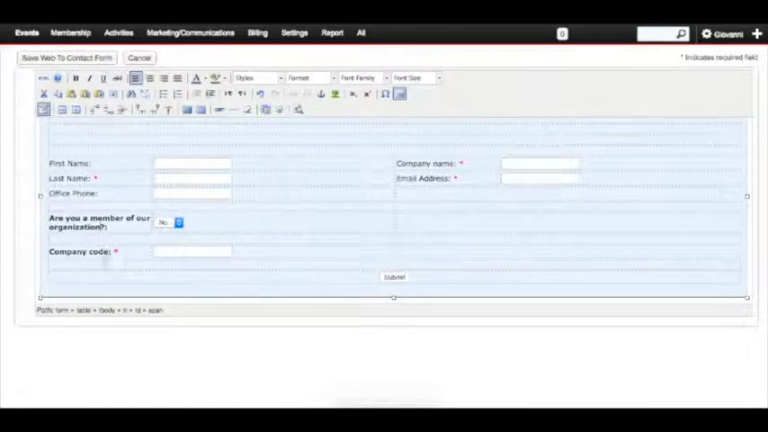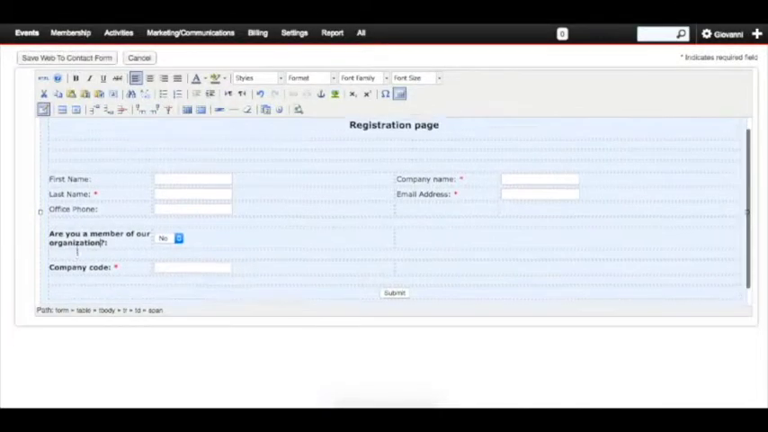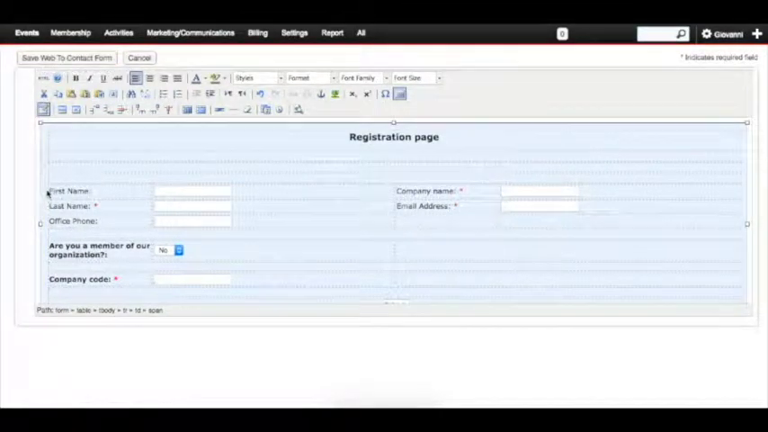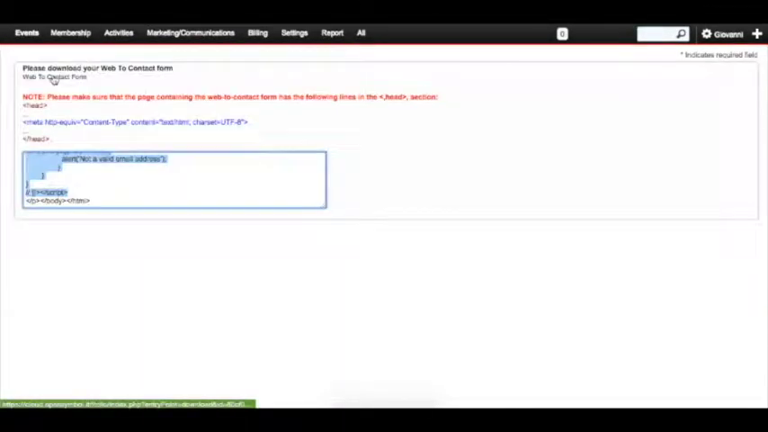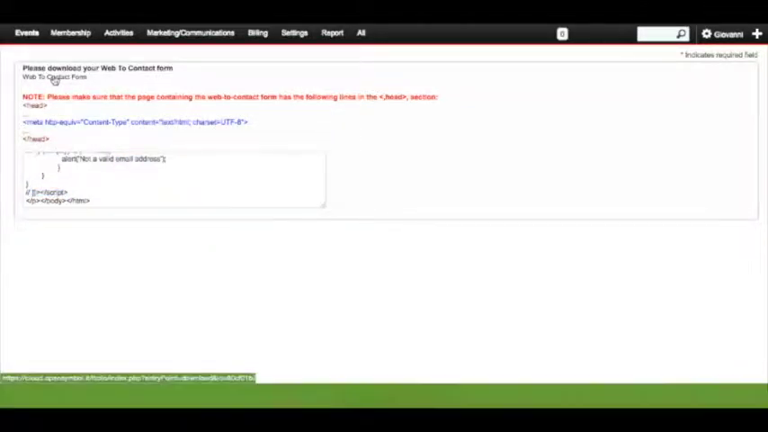And later on I will explain what the company code is. Now if you want, you can change some other fields, some other graphics in your registration form, and then you can save the web to contact form. I recommend you download the registration form so that you can have it also later when you want to maybe edit it in